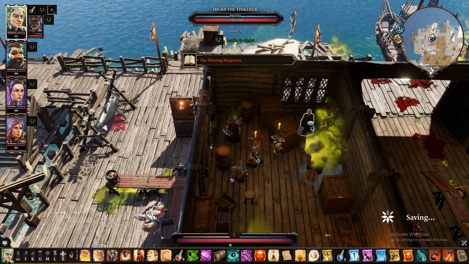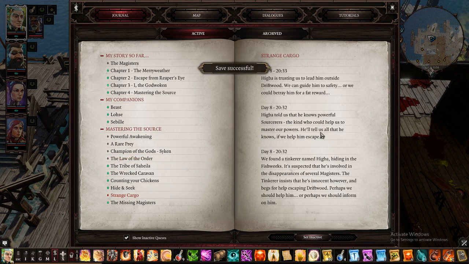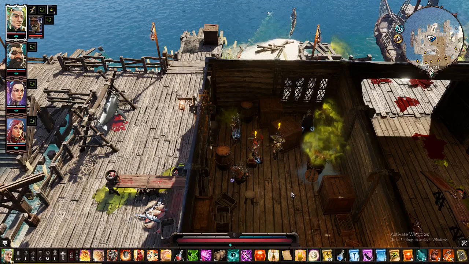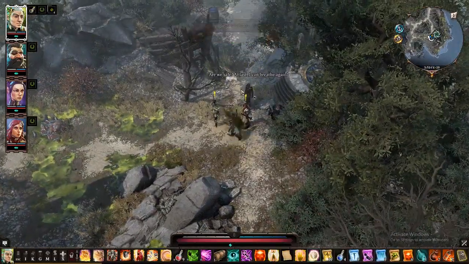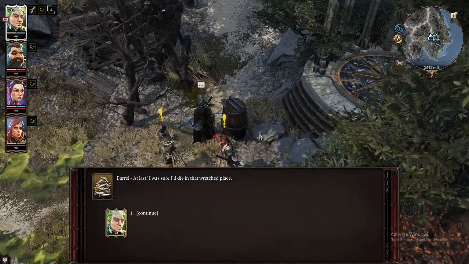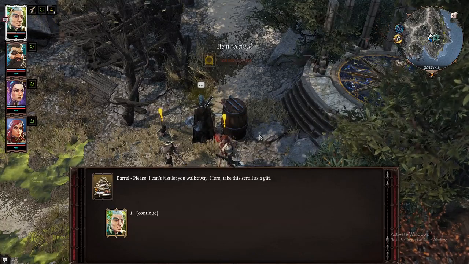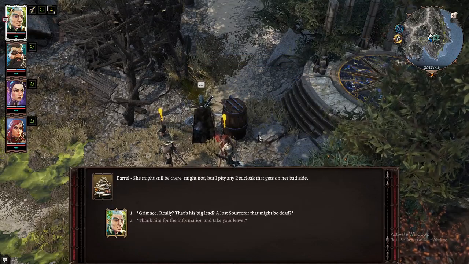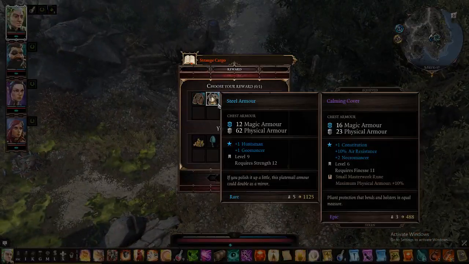Strange cargo. Higba is, let's close the door for a second. Higba is trusting us to lead him outside of Driftwood. If we can guide him safely, everything's going to be fine. And you know what? We're just teleporting. He will now tell us that they hunted him for a scroll that he has given us. And he will also help us to gain...